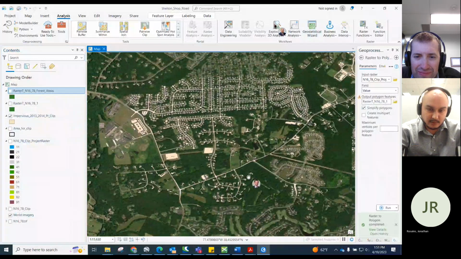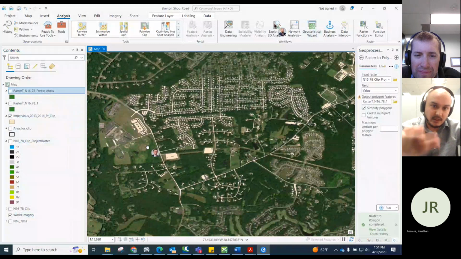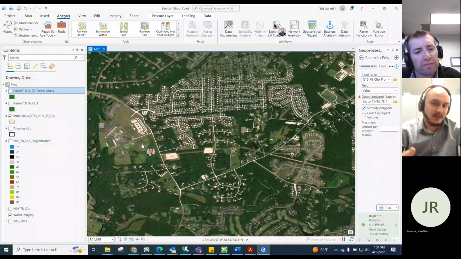forest and final impervious. And if this forest and impervious are overlapping, always erase the impervious from the forest, and that will get you the final forest. There is an erase tool here, in analysis tools. You can just type erase, and you can erase impervious from forest, so that it will just erase the overlapping area, and you'll get the final forest. So that will be the last item to do.